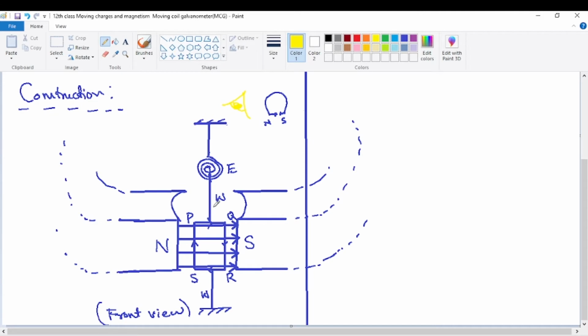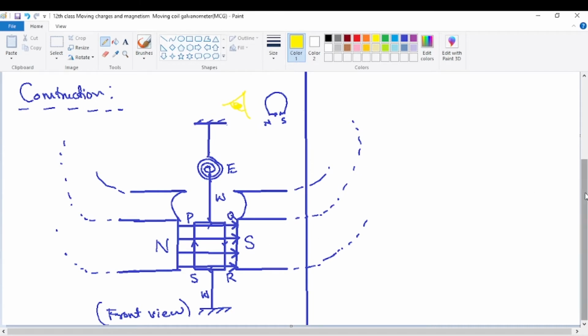So by means of the phosphor bronze wire W and the spring E, the coil remains suspended almost at a fixed position so that it can't get displaced. It can only rotate about the wire axis. It can rotate when a torque acts on the coil. That's the purpose of the phosphor bronze wire W and the spiral spring E. Both are elastic. They have very good elastic properties. So this is the main description of the apparatus.